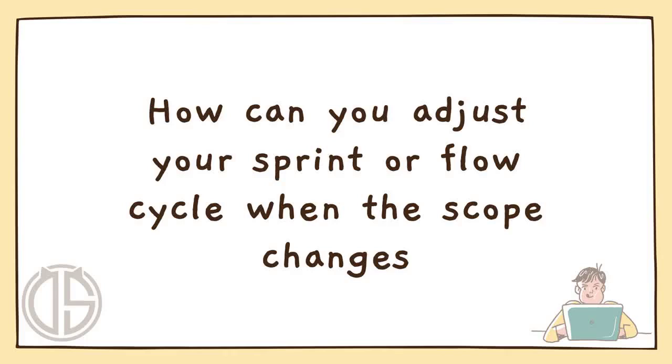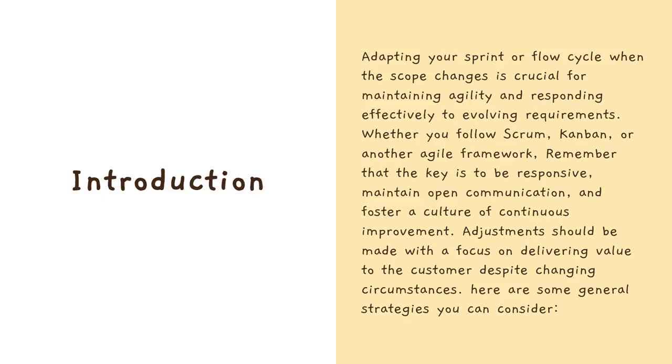How can you adjust your sprint or flow cycle when the scope changes? Introduction. Adapting your sprint or flow cycle when the scope changes is crucial for maintaining agility and responding effectively to evolving requirements. Whether you follow Scrum, Kanban, or another Agile framework, remember that the key is to be responsive, maintain